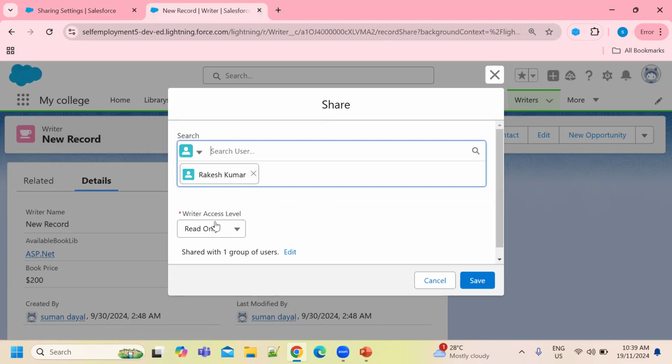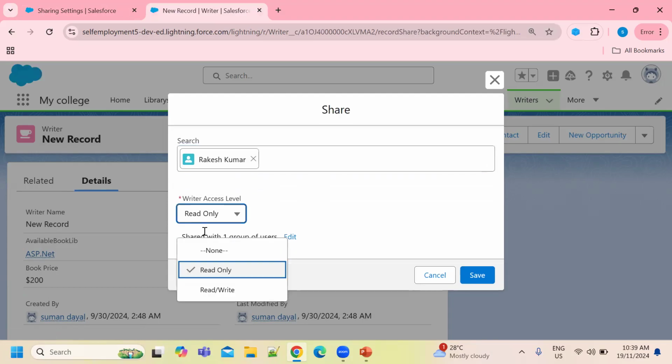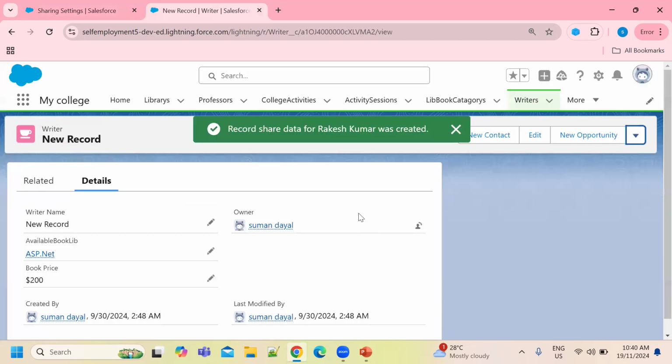What should be the access level? It can be read only or read write. For now I'm just keeping it read only, but as per your record requirement you can choose read write also. Just click on the save button. So the record has been shared, right?